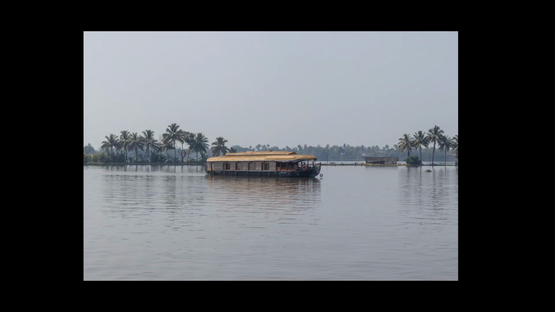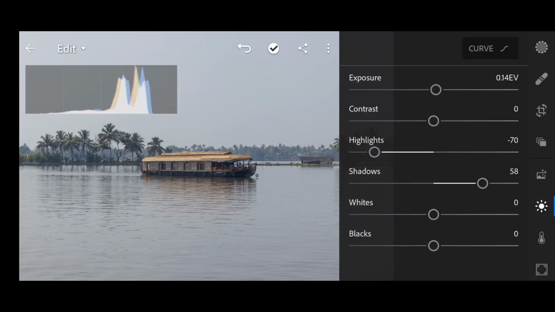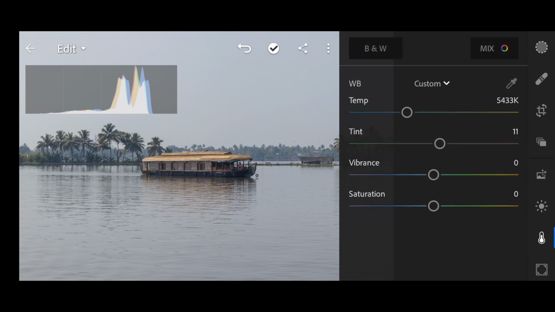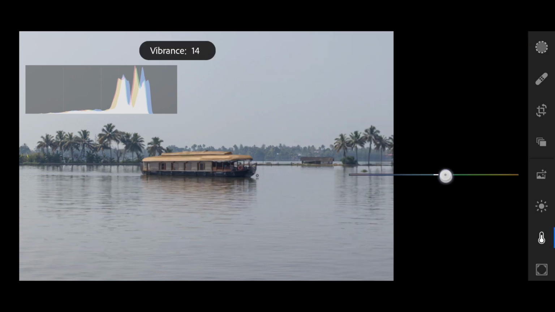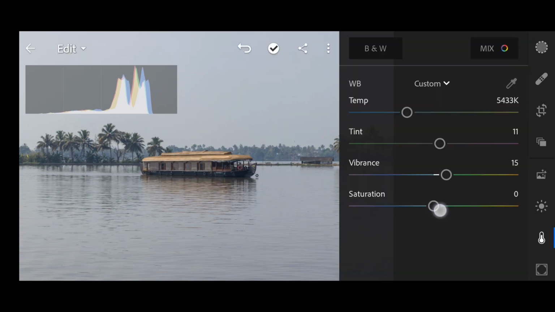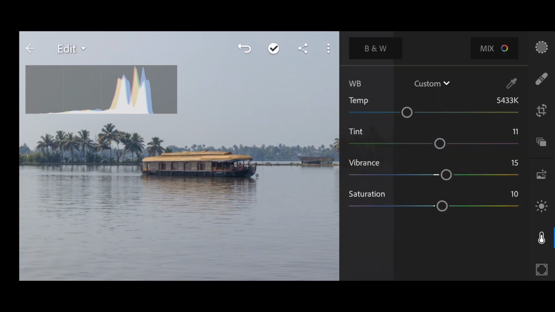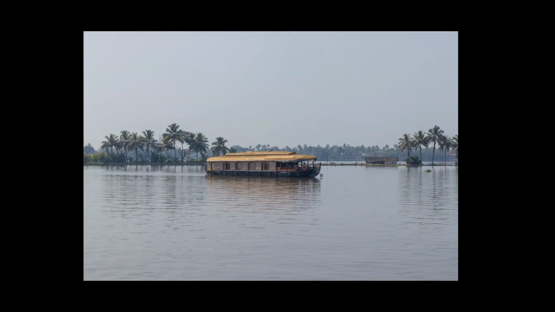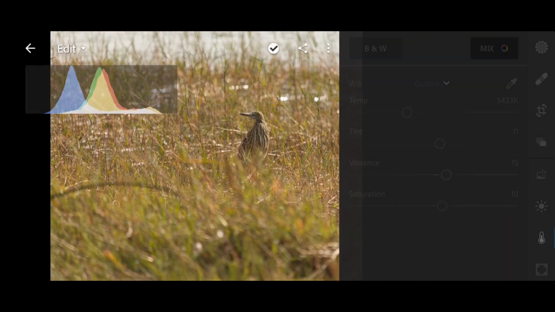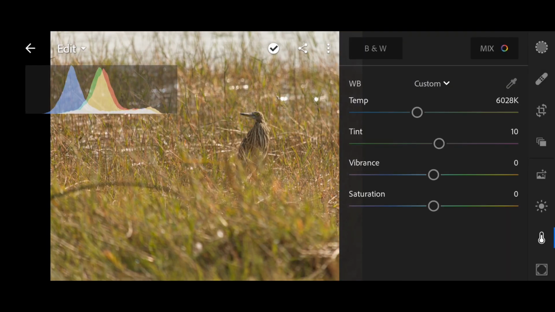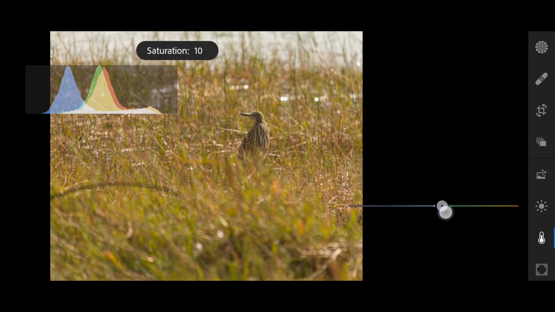Similar to the white balance, most of the modern cameras do a pretty good job in giving a good saturation to the images, but doing a little tweaks to the saturation and vibrance can make the picture look much better. Using saturation and vibrance sliders is very much dependent on the type of camera that you are using and the color profile that you are shooting in. But in general, boosting the saturation and vibrance a little can give a good punch in the image. Overdoing this makes the image look really bad.